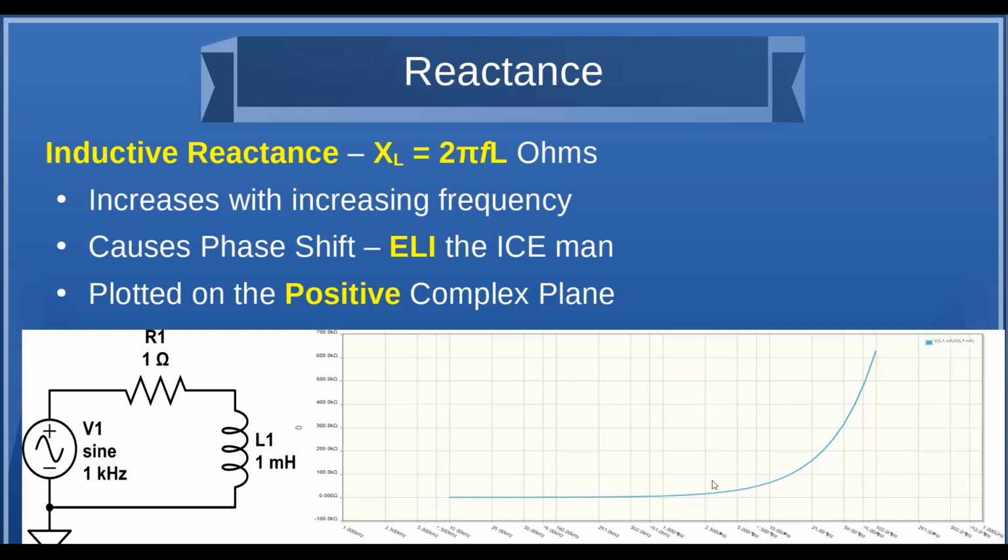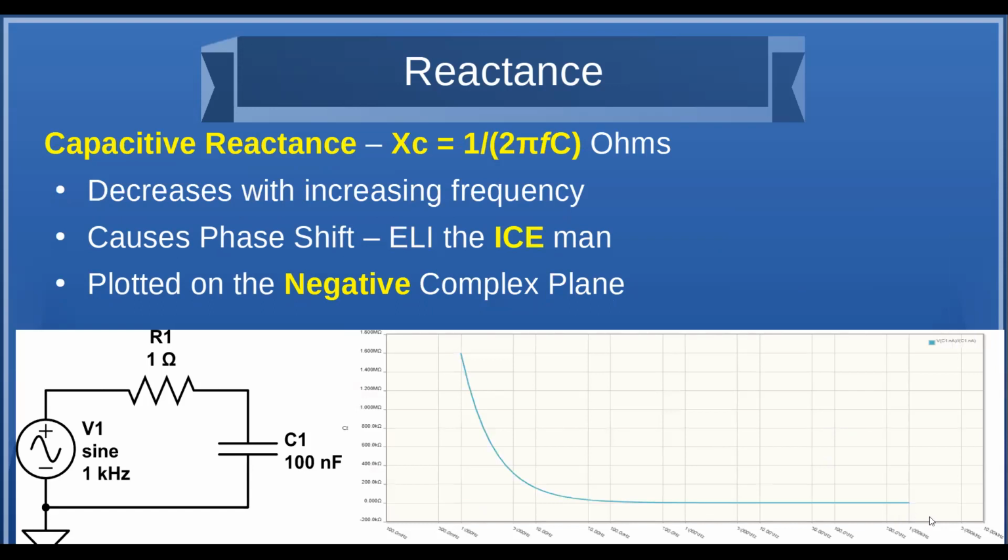And as the frequency increases, it goes up exponentially, and this is a log plot, until it would approach infinity. Whereas if we go back